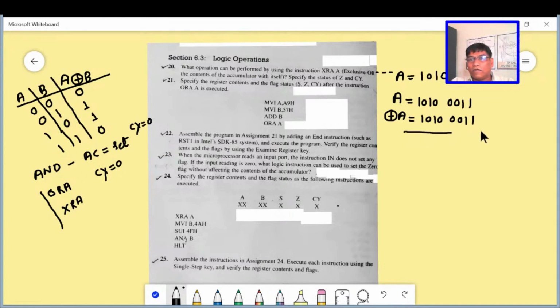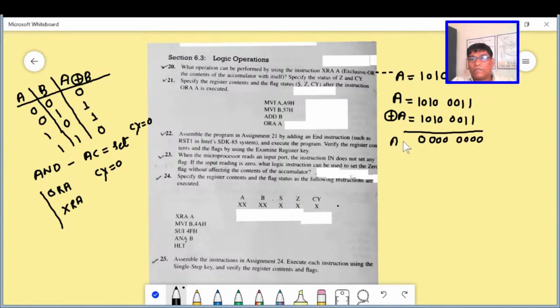And what about the exclusive OR operation? If these contents are the same, as we have seen, the result will be 0. So the accumulator content after this operation will be 0 0 0 0.